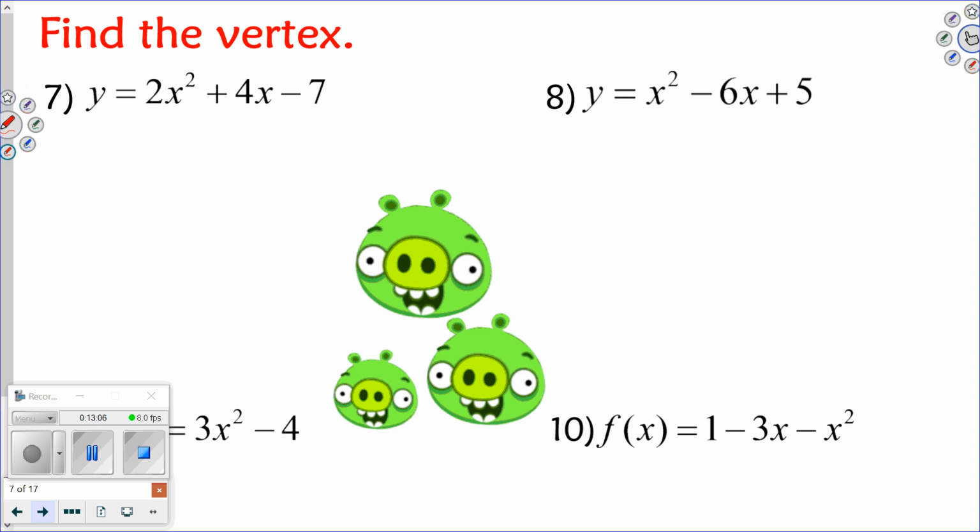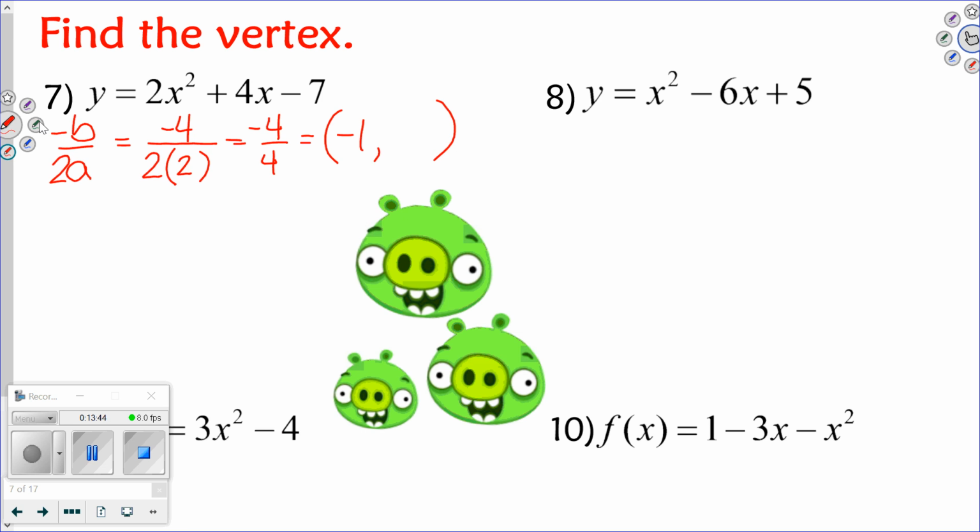All right, so let's just practice finding a vertex. Baby steps, right? Let's do a couple together, and I'll let you try some on your own. So number 7, finding the vertex is negative b over 2a. So negative b is negative 4 over 2 times a, which a is 2. So clean up the bottom. 2 times 2 is 4. Negative 4 divided by 4